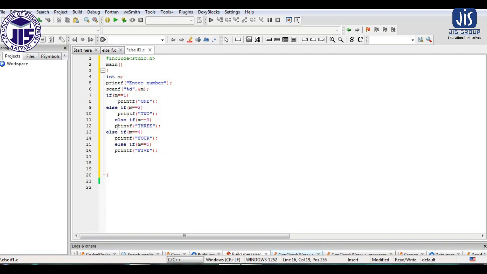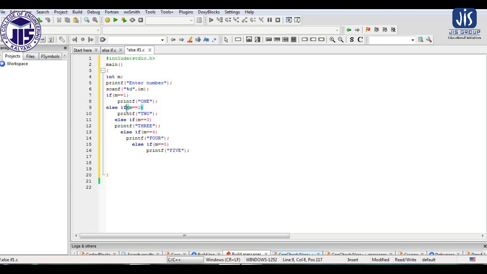As you can see, this is the first condition. Now if this condition is true, this statement will get executed. So the program will not come to this else. As the program will not come to this else, this if statement is also not going to be executed. That means all the following if statements will be skipped if the first condition is true.